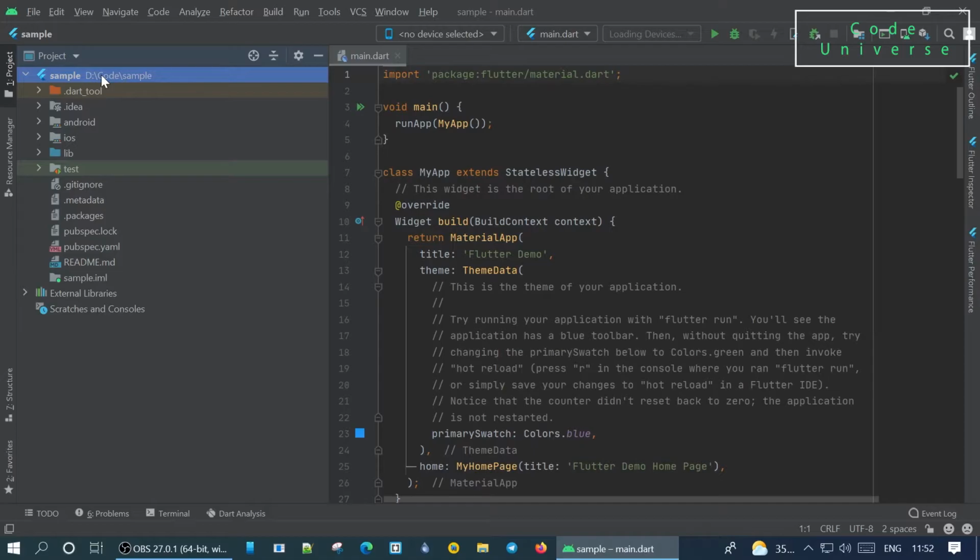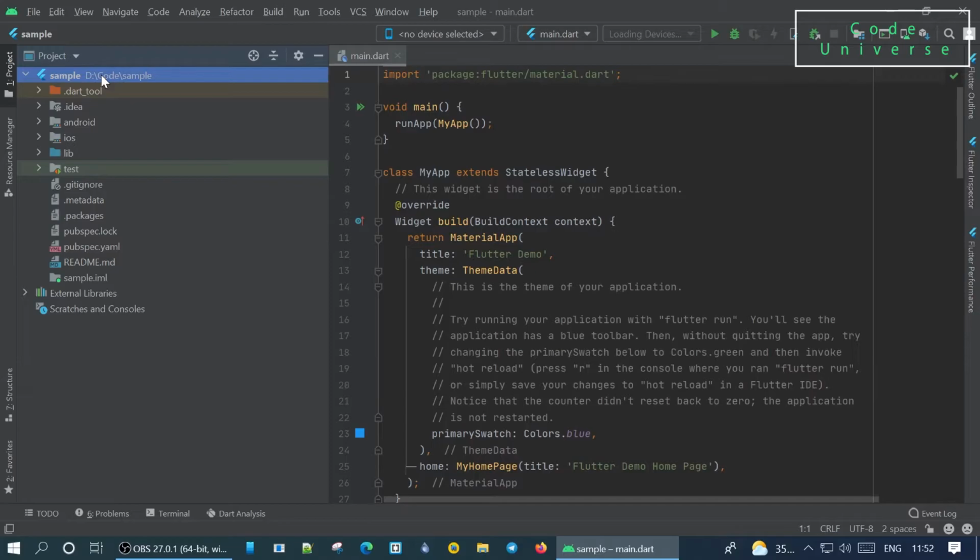The next folder is lib, and this is our main Flutter package in which we have to write our Flutter code. By default, when you create a project, you'll find a main.dart file in your lib folder. So this main.dart file will have a main function from where your Flutter app execution starts. And also lib is a package in which you are going to create and write all your Dart files. It contains your app's source code too. By default, the main.dart file will have some code written in it, and in this case it will have the counter logic.